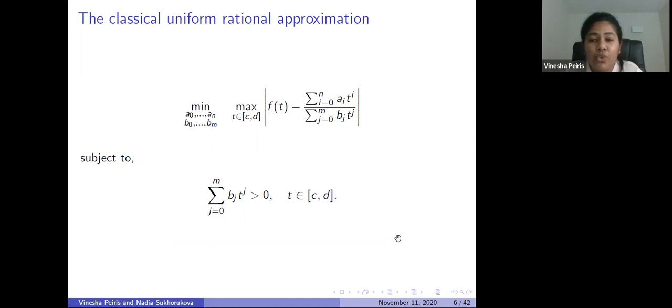One very well-known example of the generalized rational approximation is this classical case. We use two polynomials as the ratio, one polynomial in the numerator and another polynomial in the denominator. So the basis functions are now just monomials, for both numerator and denominator. For the set of parameters, we have n plus 1 parameters coming from the numerator and m parameters coming from the denominator, since b0 is fixed. So altogether we have n plus 1 plus m parameters as the dimension.